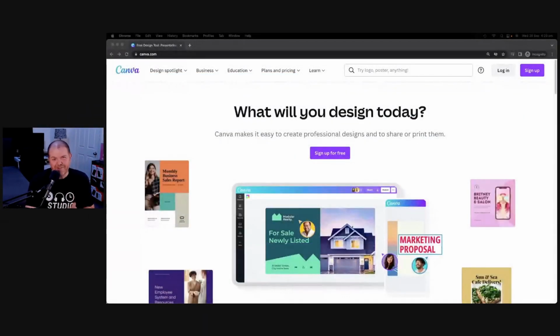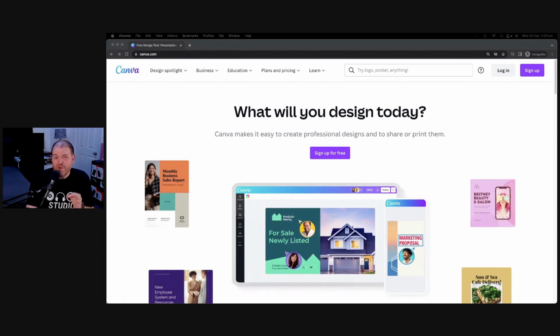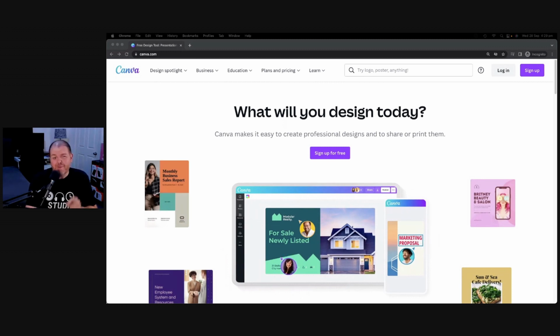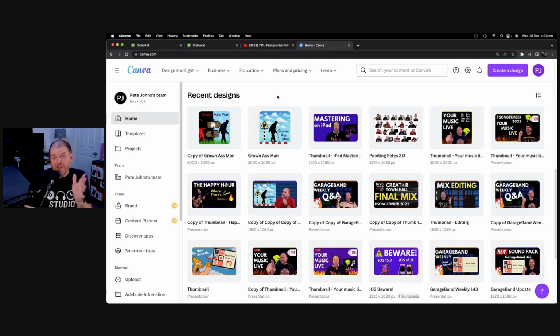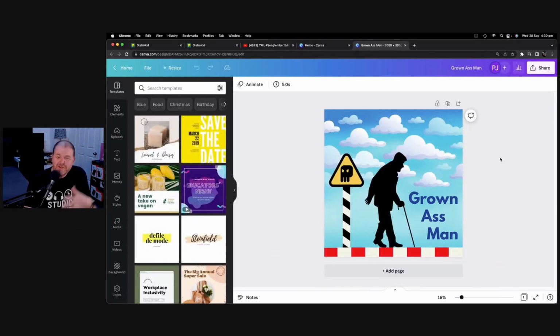Moving backwards to number 3, you'll need some album artwork for your release, and who I use and recommend are Canva.com. They are free, they're an Australian company, and they're a great way to get some design for your album artwork done. There is a paid account as well, and there is also an affiliate link in the description, but you can sign up for free right now and create some pretty cool album artwork without a whole lot of effort. For this release, I came up with a concept that looked a little bit something like this. I designed it here in Canva using my Canva premium account, but there's a heap of assets you can use even on the free version,